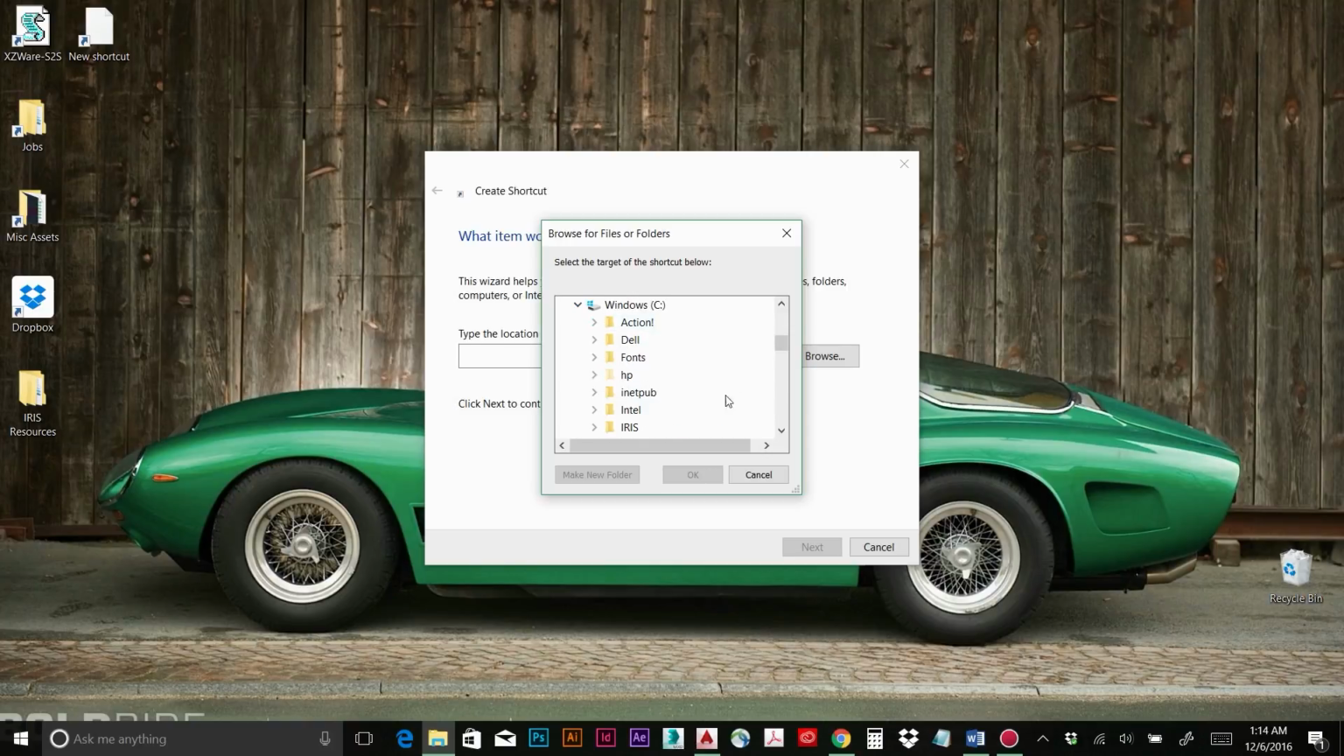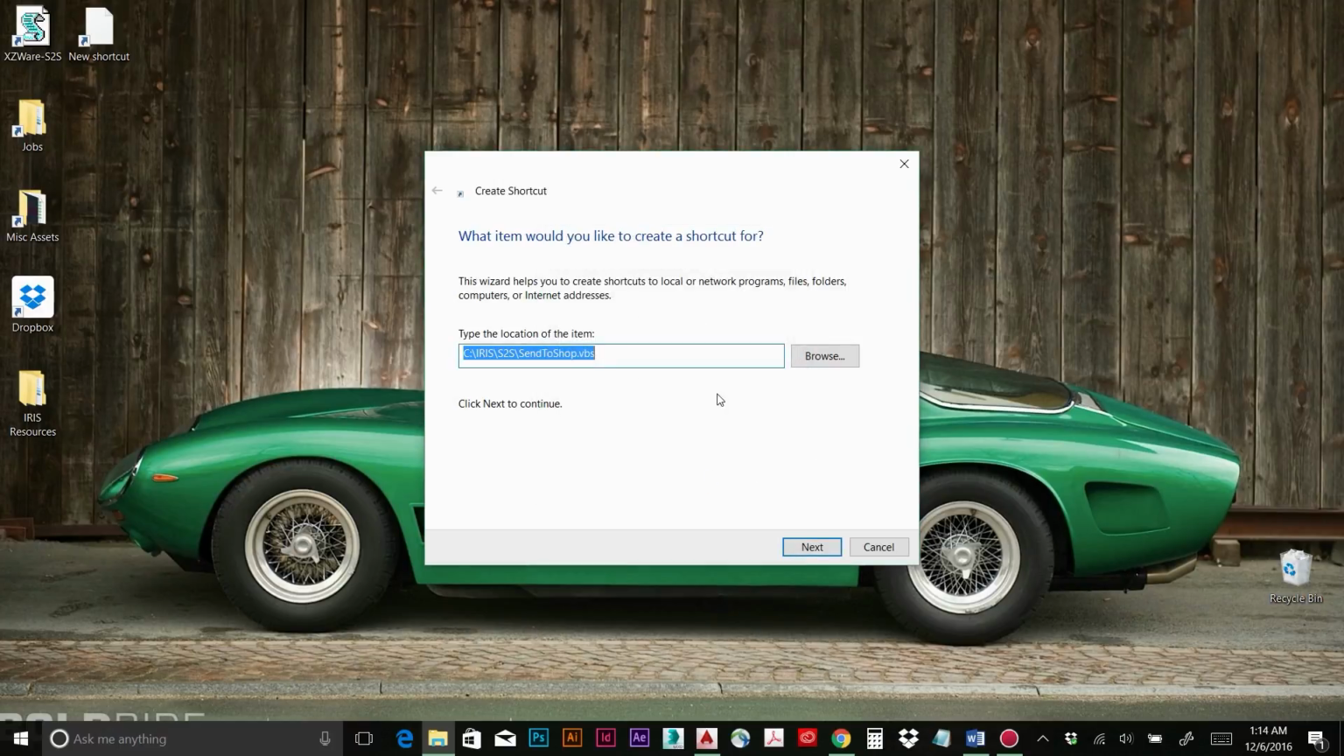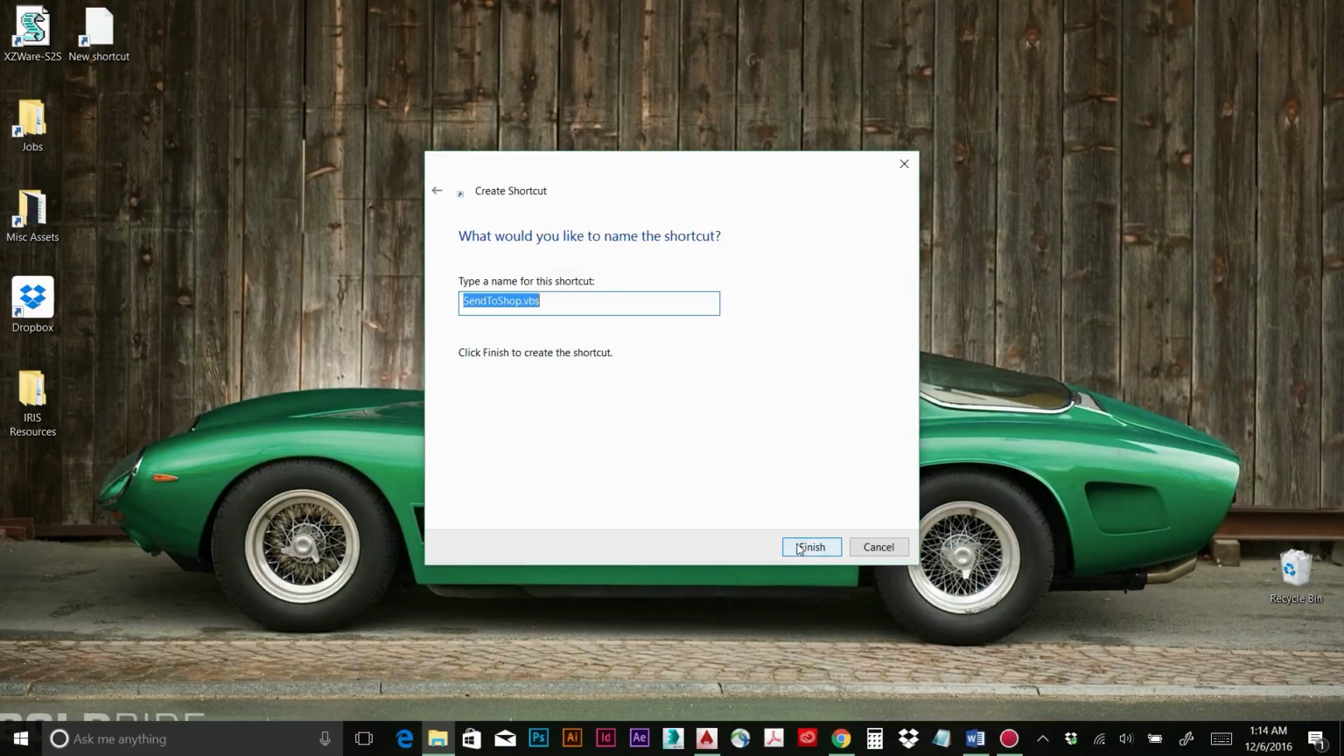C drive, Iris, S2S. And the one that we want to do a shortcut of is send to shop, not send to shop common. Once you have send to shop highlighted, hit OK, hit next, and for the name of the shortcut, I prefer to call it Iris S2S,